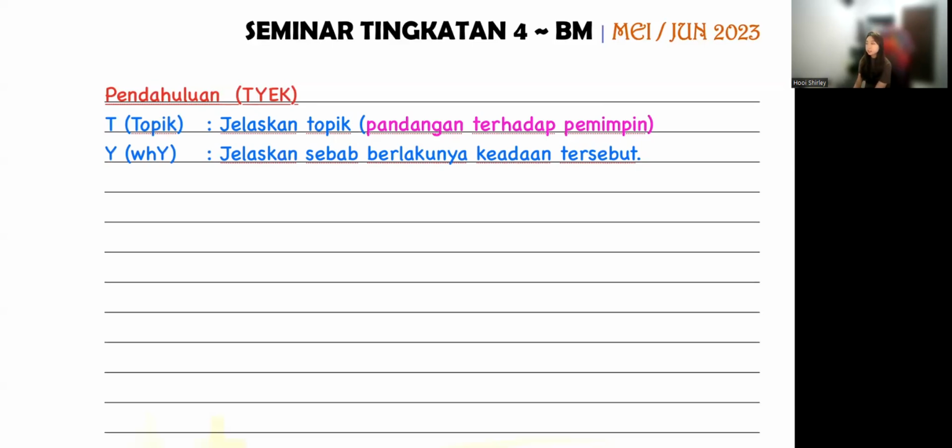Maybe you can say that the pemimpin they might have some arguments, like we know in our parliament. They will have some arguments, all the pemimpin negara. Then jelaskan sebab berlakunya keadaan tersebut, because they have different points of view. So you may say something like,